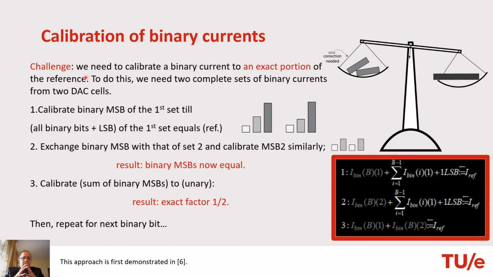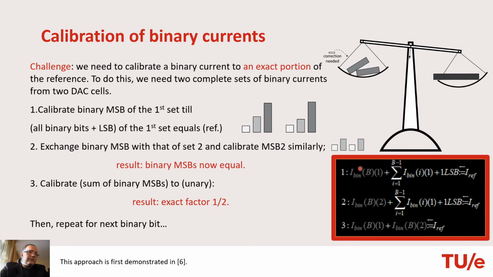So for our algorithm, what you need is 2 sets of binary currents, or 2 binary digital to analog converters. And then the algorithm is as follows. Here I illustrate this with a scale, but in practice this is done for calibration of current, so we use a current comparator. On one side we have a reference, and on the other side we put the MSB